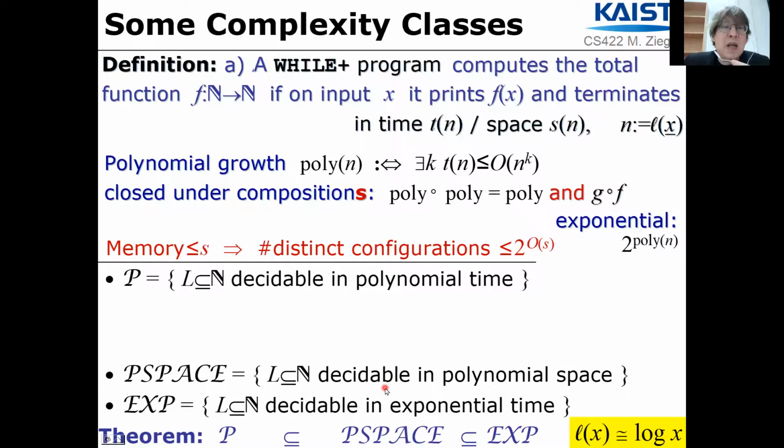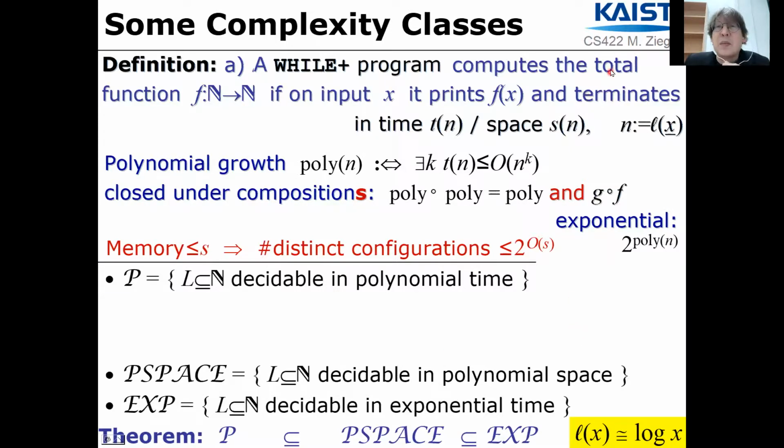That means that every terminating while plus program that uses at most s bits of memory can make at most exponentially many steps, because otherwise, by the pigeonhole principle, some step would repeat, and thus the program would repeat indefinitely, fail to terminate at all, and thus is not a decision program, by contradiction. So any while plus program that does terminate and uses at most polynomial space will automatically use only an exponential number of steps. So now we've already established and proven our second inclusion between these complexity classes, but the